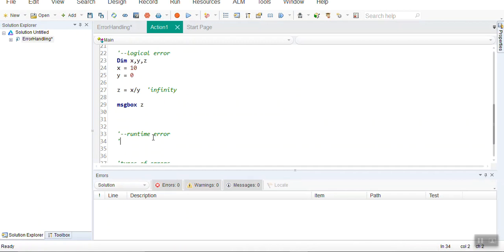The examples are like, let's say I want to click an object. Let's say I want to log in to any website through UFT, and I entered a username and a password, and the login button was previously named login, but now it is changed to submit. So basically what will happen is that QTP will not be able to understand that object, because it remembers that object with the name login, but now it is changed to submit. At that point of time, your program is logically correct, your program is syntactically correct, but this is a kind of runtime error where QTP is not able to find the object. It will throw a